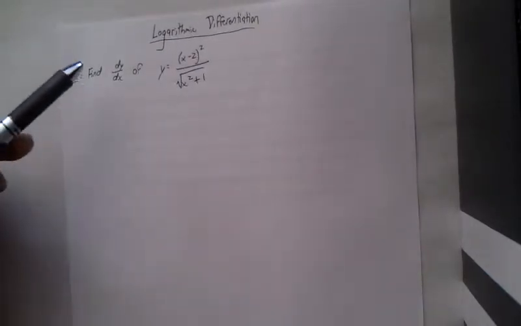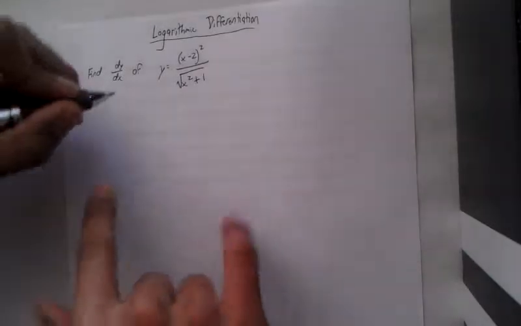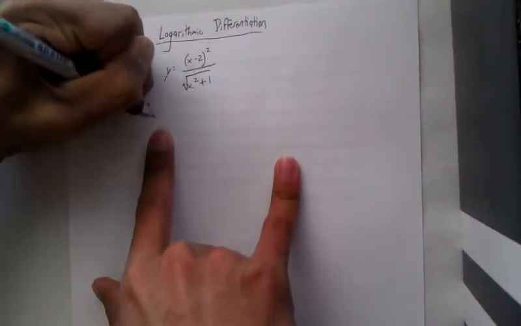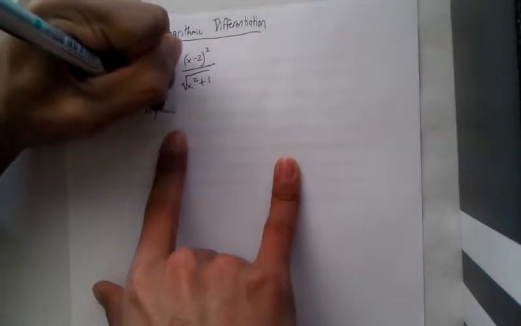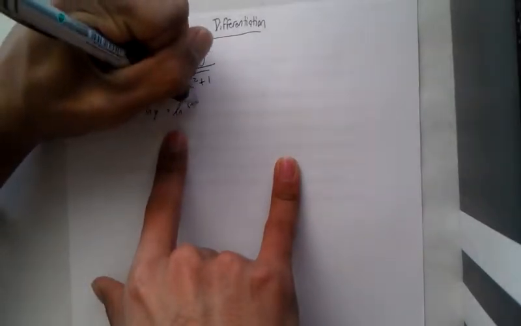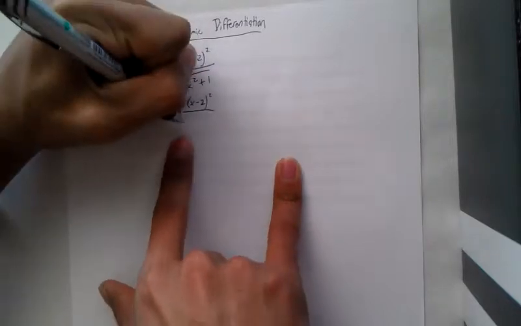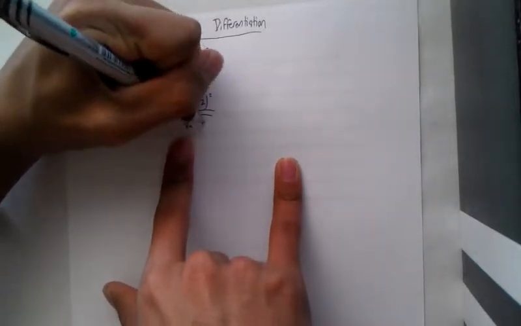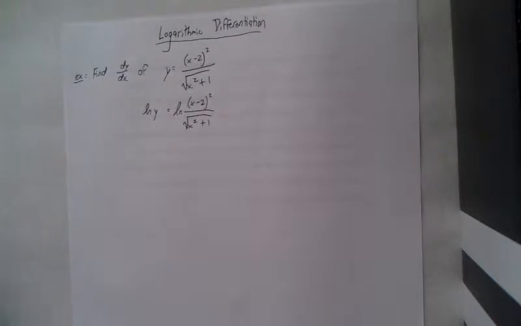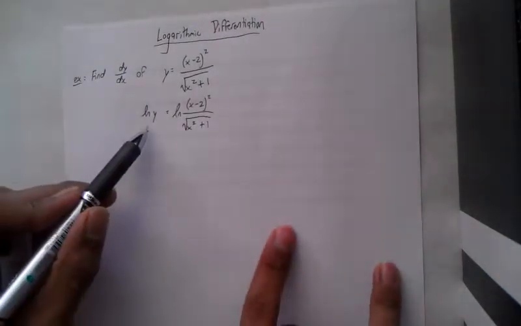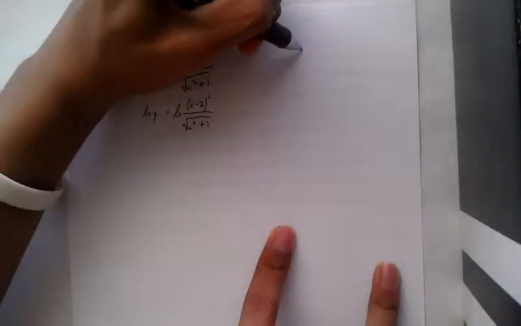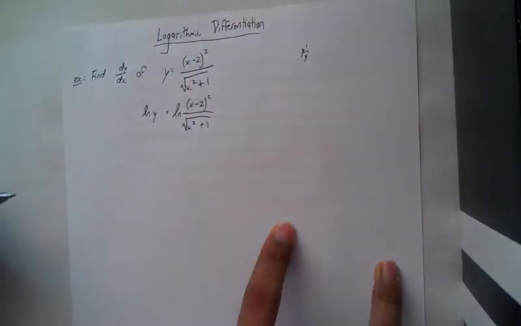So here we have find dy dx of y equals (x minus 2) squared divided by the square root of x squared plus 1. First thing we're going to do is just take the natural log of both sides. Now when you take the natural log of this y, it actually becomes treated like a u, so it's going to be y prime over y